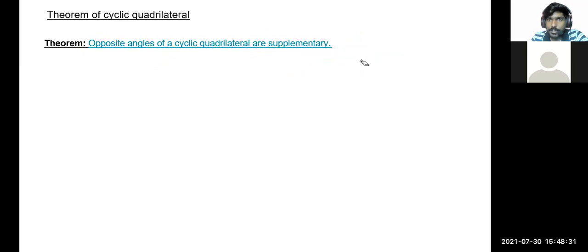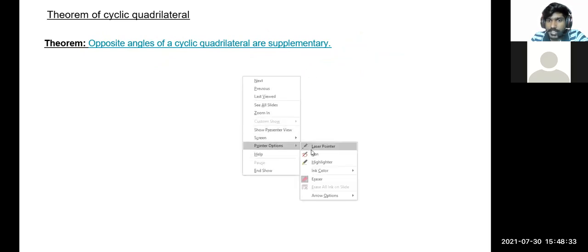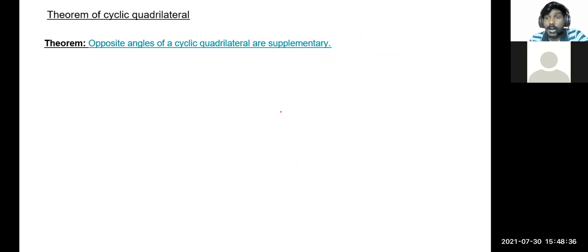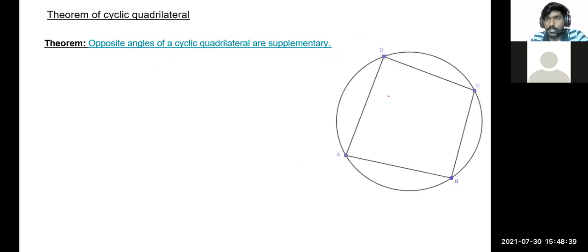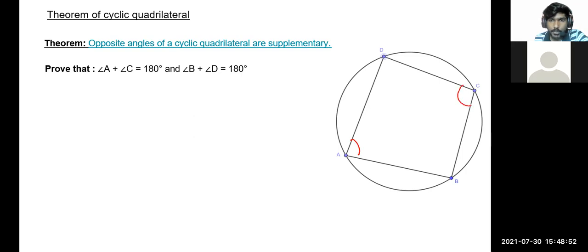After adding the opposite angles of a cyclic quadrilateral, why and how do we get 180 degrees? So if you see, this is a figure and ABCD is a cyclic quadrilateral. You have to prove opposite angles are supplementary. That means angle A and angle C are opposite to each other. If you add them, you should get 180 degrees. Similarly, angle D and angle B are opposite to each other. If you add them, you should get 180 degrees. This is what you have to prove. So, have you understood the theorem and what has to be done in the theorem?